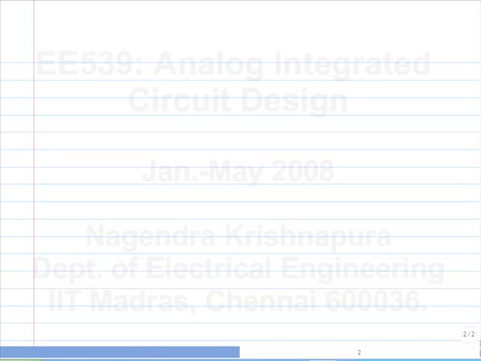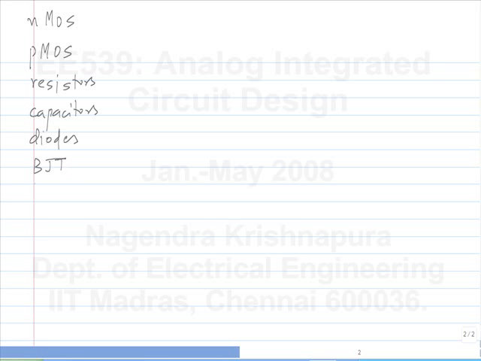What are all the components you would need? Let's say NMOS and PMOS are a given in a MOS process, then what else would you need? Resistors. Diodes. Then what else? BJTs. Inductors. So if I give you more time, I think you'll come up with a longer list, so I'll stop here.